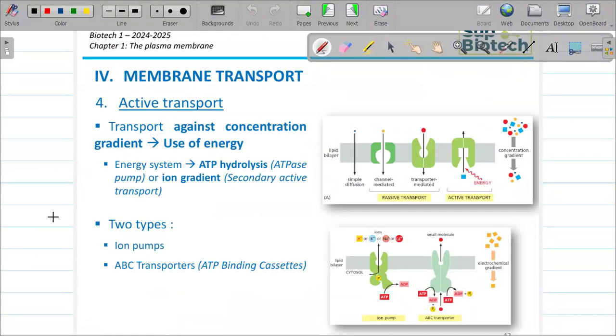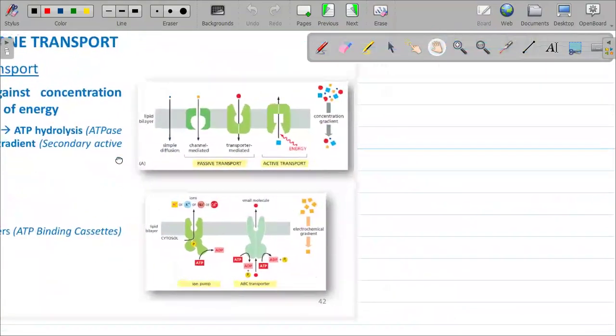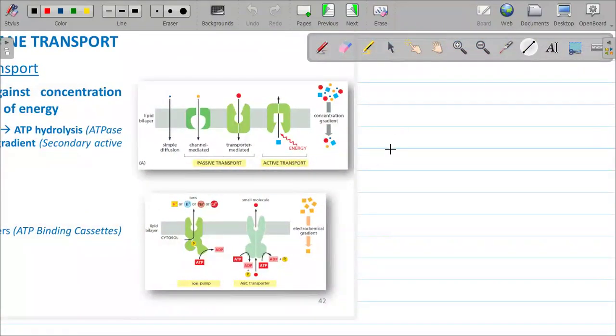Now coming back to this, it's called active transport. So let us recall what active transport is once again. Active transport is nothing but the movement of molecules from a region of lower concentration to a region of higher concentration by utilizing energy. So if I just take some molecule here,